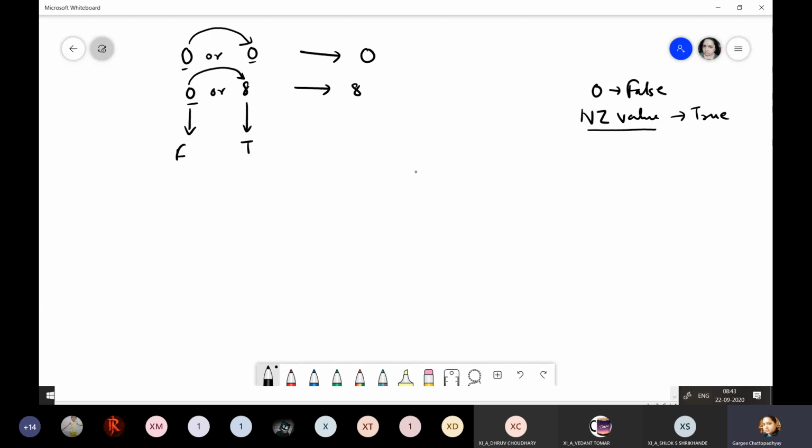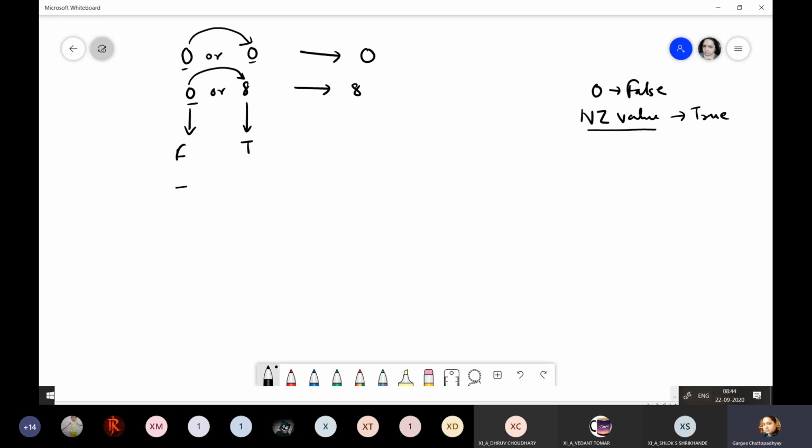Why? You can just match it with this. If the first expression is true, we know that for OR operation, one true is enough. It got true the first time itself, work finished. It will simply print the first one. It will simply evaluate the first expression, that is the left hand side of OR, and exit. Okay. If the left hand side is false, it will move to the right hand side to check whether the right hand side is also false or true. Hence, it is going to return the right hand side in case the left hand side is false.